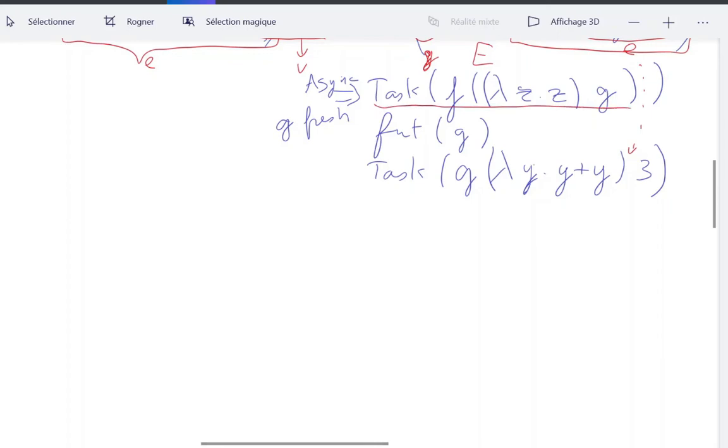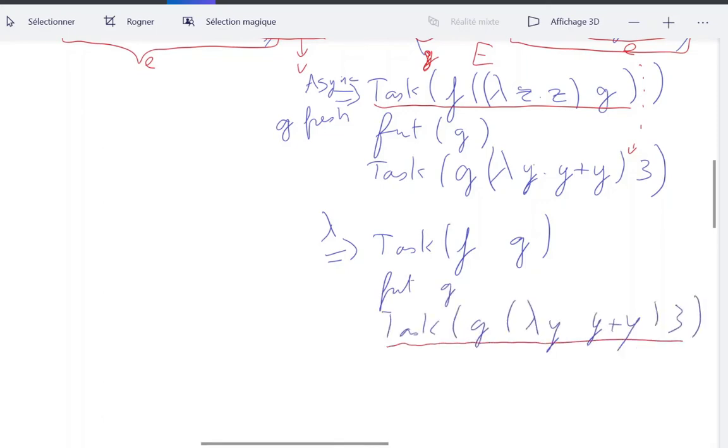So by lambda evaluation on this term, I would find task F where I apply lambda reduction to this term, which is lambda Z Z G, so it gives me G directly. Okay, and this term I cannot evaluate it further. But then I also have the future of G and the other task.